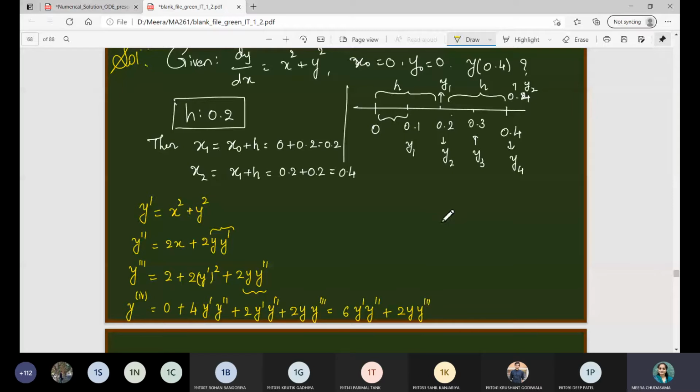In both of the iterations, at x equal to x0 and y0, then we will require x1 and y1. So we will require these 4 derivatives at this point in the first iteration, and at that point in the second iteration, right? So up to this, all of you are clear about these steps?